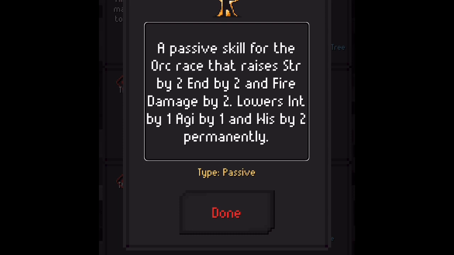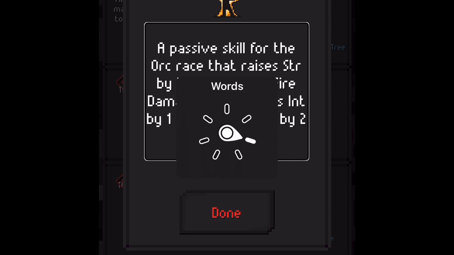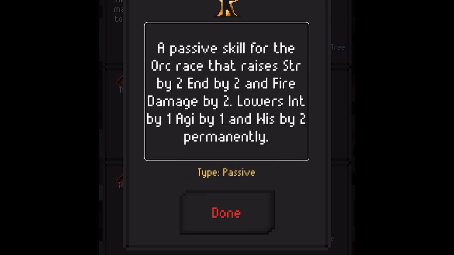All right. So as you can tell, each race has its own abilities. And if we want to go through this really slow, we can use our rotor to go to word by word navigation. Speech volume. Audio. Speaking words. Cap A. Passive. Skill. For the orc race that raises STR by 2 and fire damage by 2, lowers int by 1, agi by 1 and wis by 2. As you can hear, orcs get a bonus to strength and fire, and they get basically a deficit to intelligence